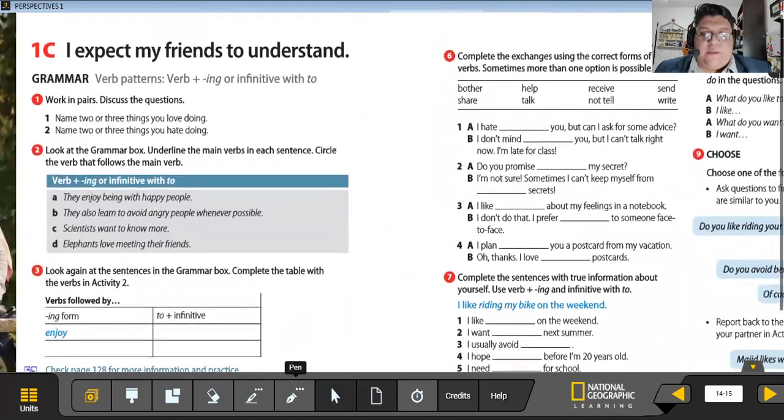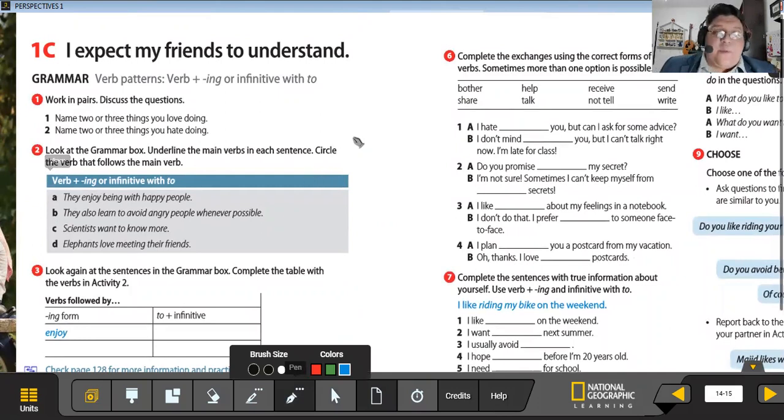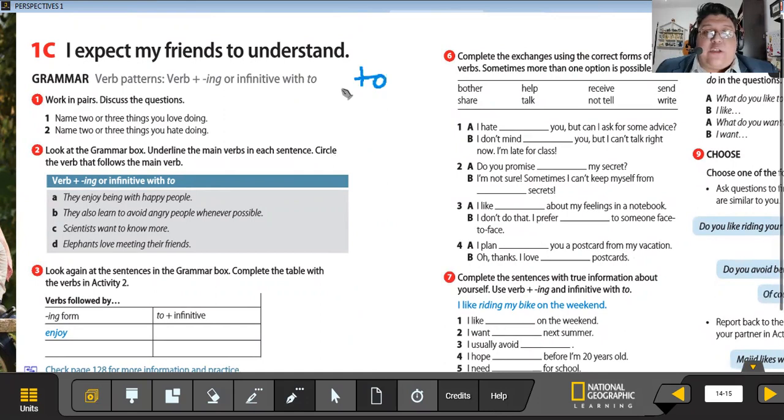There we go. Where I've seen some people tend to mess up, and don't worry about this, all right? I've seen lots of the most advanced students mess up on this, okay? I even remember seeing a person that was born in the United States mess up in this section. And what is it? Well, it's how to use to and how to use -ing,